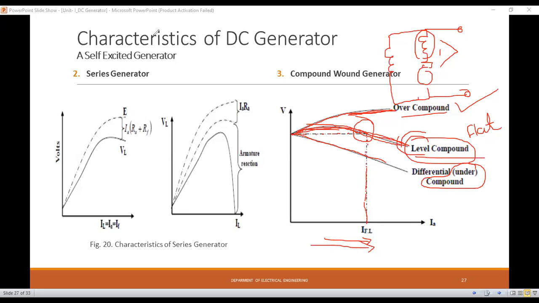Okay, so these are the characteristics related to DC series generator, DC shunt generator and DC compound generator. Okay, लक्षात आलं का? Is there any doubt? कोणाला काही doubt आहे का याच्यामध्ये? Okay, so see